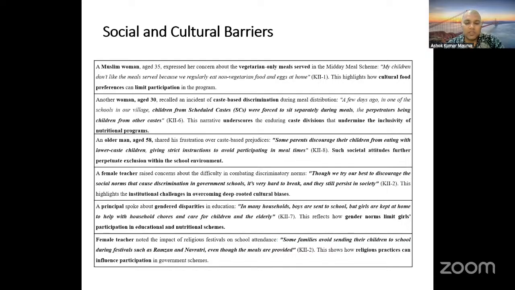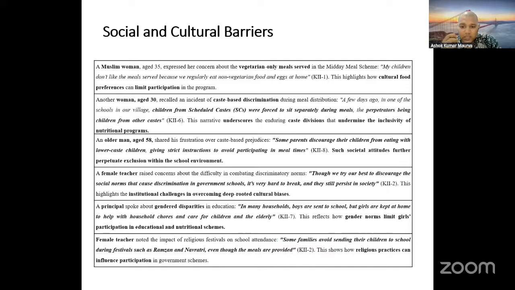One of the women, aged 30, said that caste discrimination is one of the issues. A few days ago, an incident happened where her child was forced to sit separately. So this again underlines how caste discrimination is still playing a negative role, even in premises where the teachers are aware. Further, a female teacher said that sometimes we also encourage our